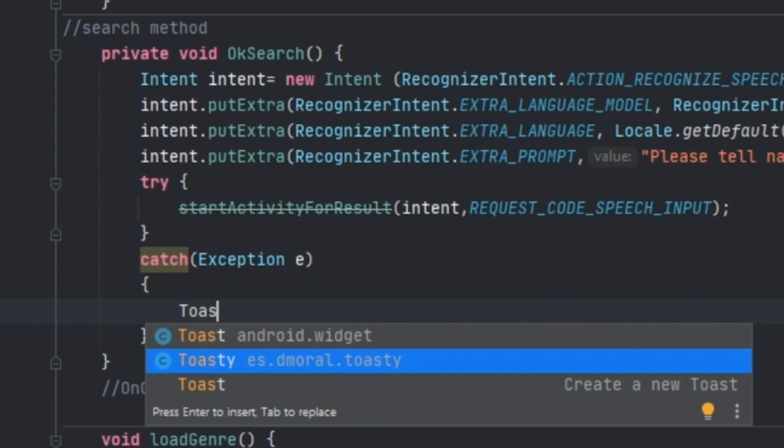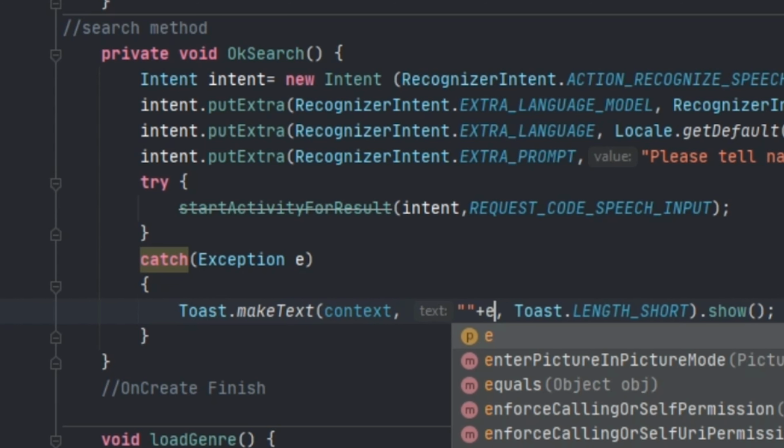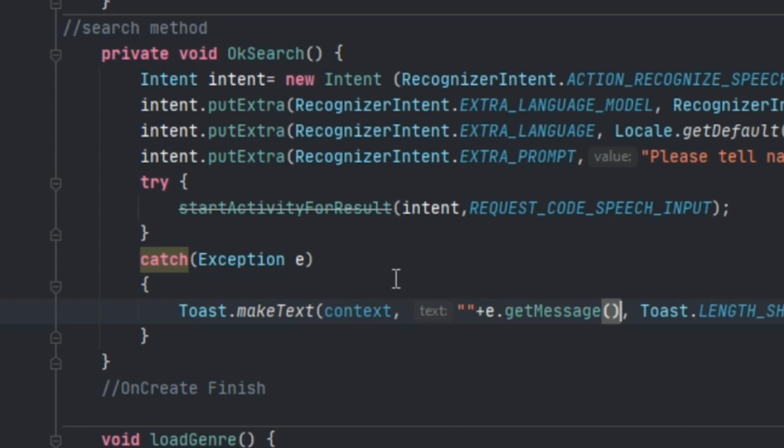It's nothing but an error message. Google will produce errors like, error in capturing voice or we can't hear your voice, something like that.